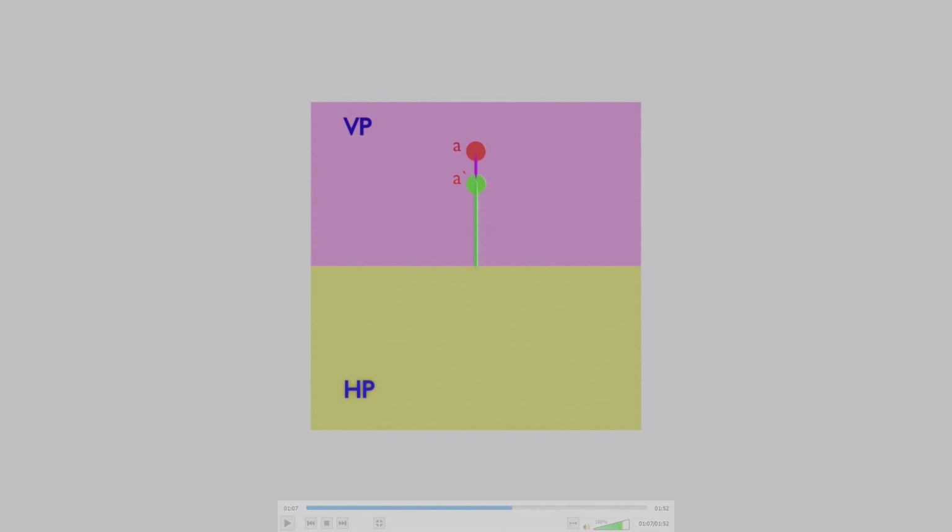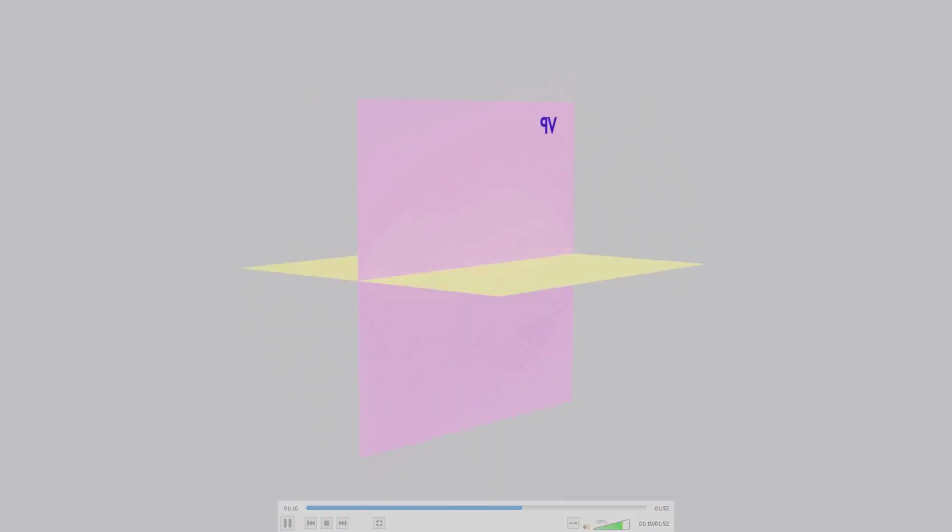Now we'll go back to the third quadrant. See, I have kept the object there. The peculiarity about the third quadrant is that the object is below the horizontal plane and behind the vertical plane. As you know, we are not looking from behind the quadrant system or below the quadrant system. We will always look from the top and we will always look from the front. So let us see what the view from the front and the view from the top is.